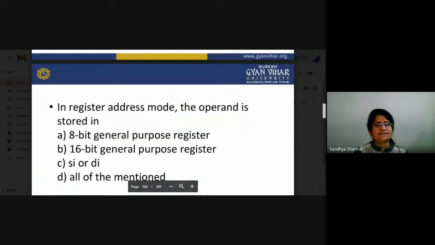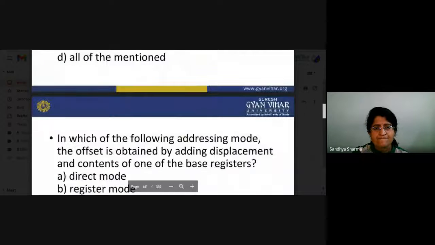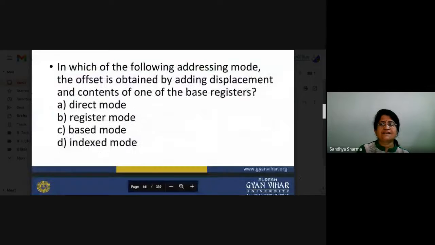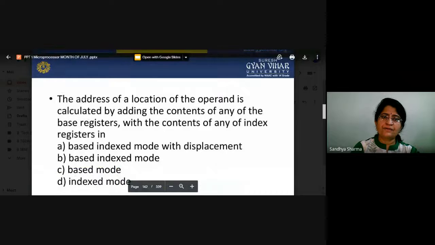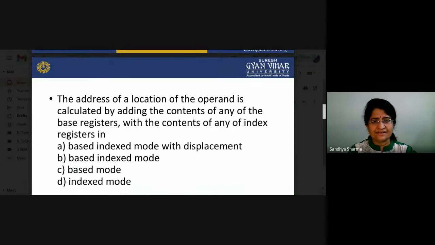There is also the register mode, and we have to define the different types of addressing modes: direct addressing, register addressing, indexed addressing, and so on. The address of a location of an operand is calculated by adding the content of any of the base registers with the content of any of the index registers.